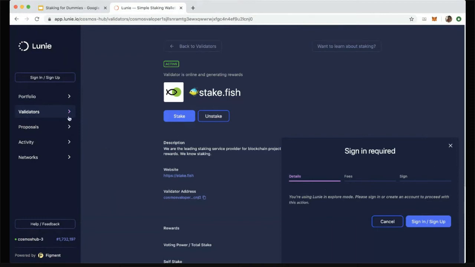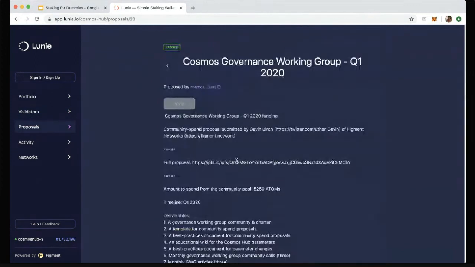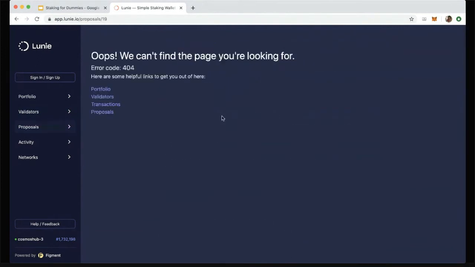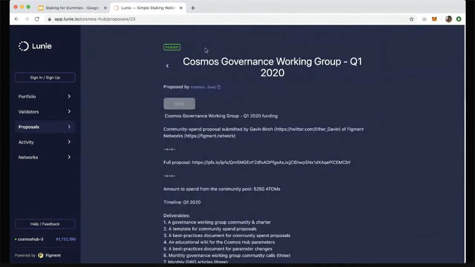And more importantly, on Cosmos, you could vote on on-chain governance, of course. And let's see if Looney lets you do that. It does. These are all proposals that have passed previously, but if they are during the voting period, you could click on the vote button, and you'll see probably a similar prompt letting you vote yes or no on a governance proposal using your Ledger Nano. So that's a rough